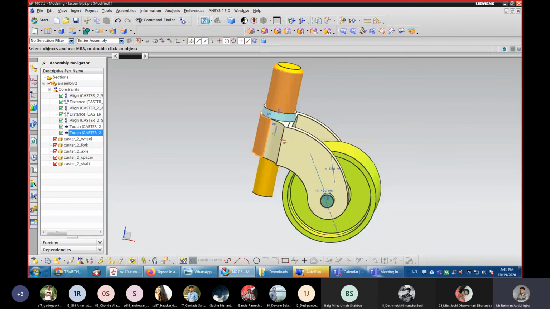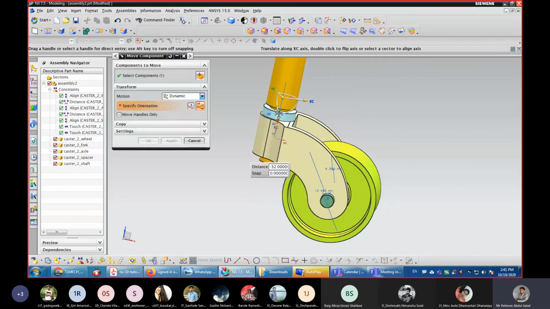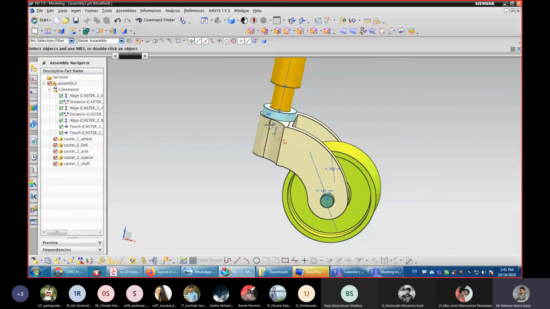Now it has been reversed and again it can move in this direction. ये direction में move हो रहा है.